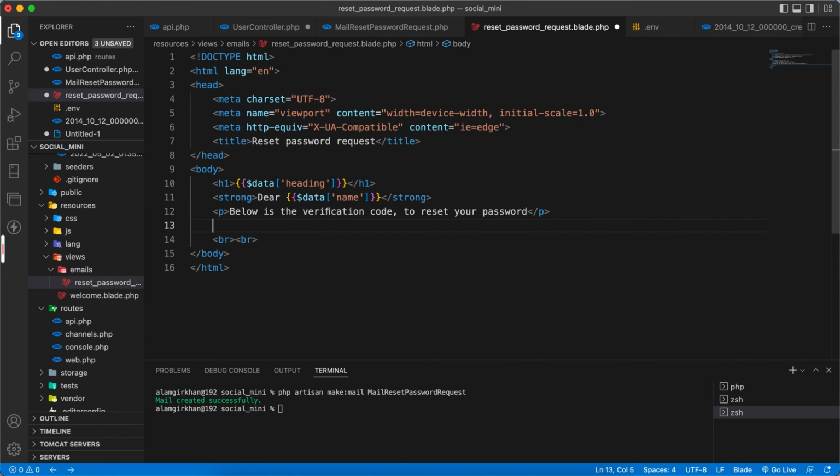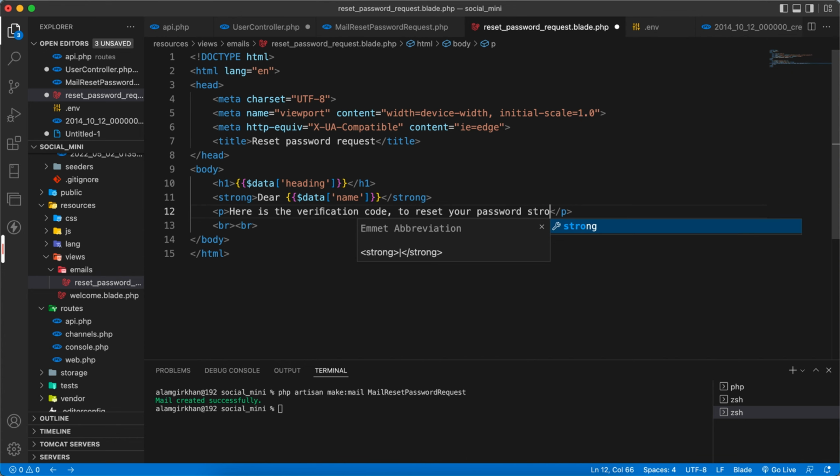Below here is a verification code to reset your password, and we can use a strong tag here, and then data of code,